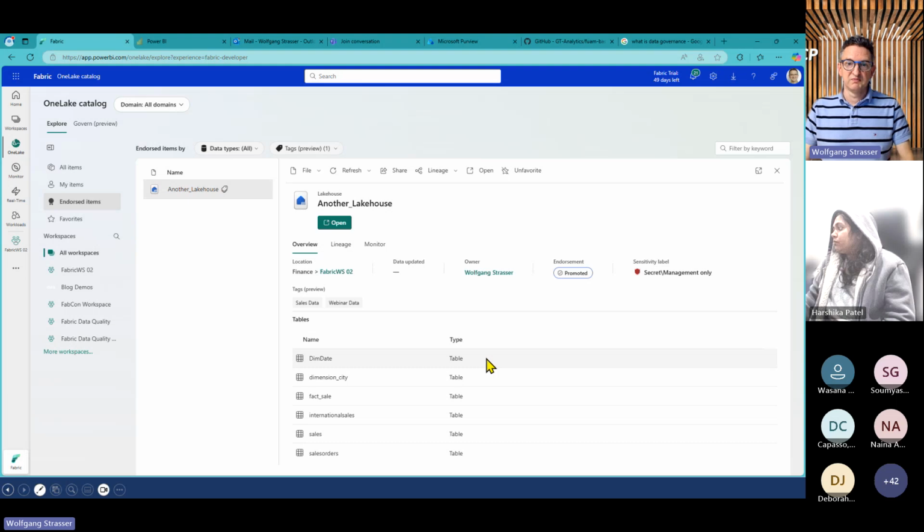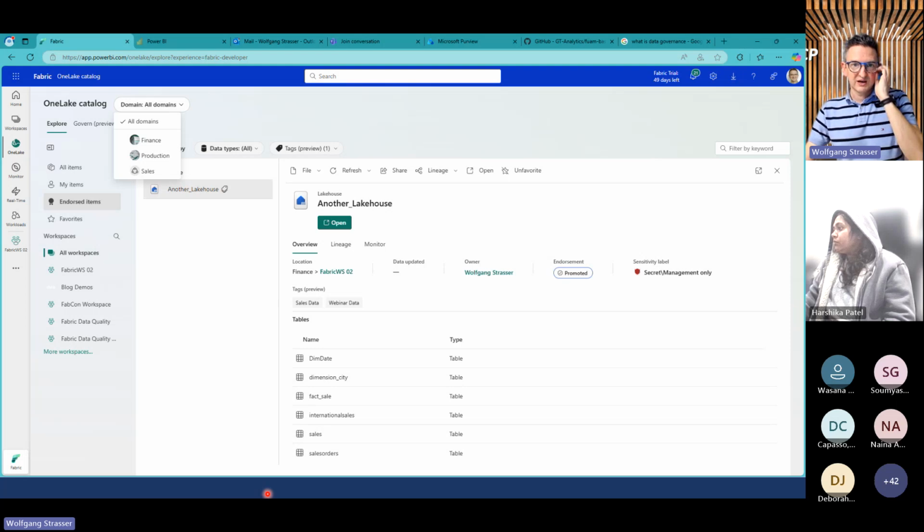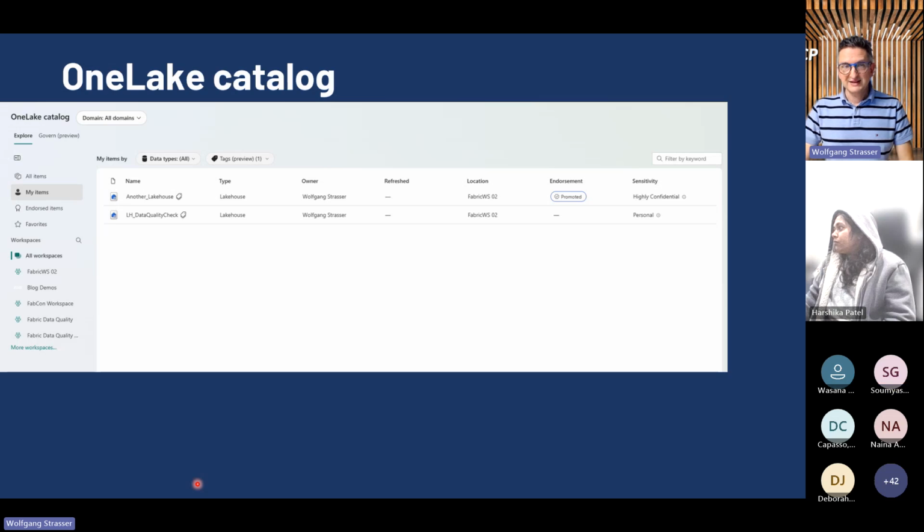Start with the global list of your Fabric items, use the search box, filter down by tags, filter down to the different domains, filter down by workspace. So it's really the data catalog. Like when you shop online in a store somewhere, you can filter down and find the things that are really, really needed and important for you. So the OneLake data catalog.